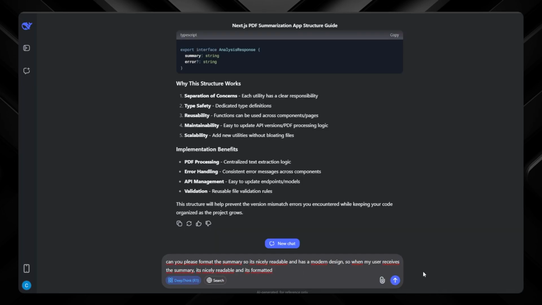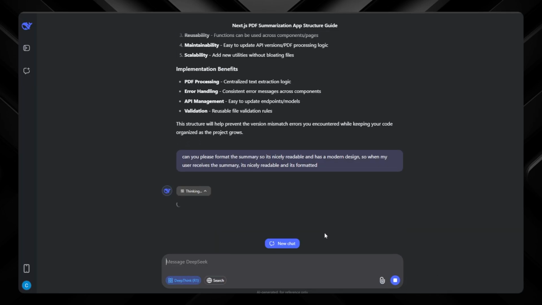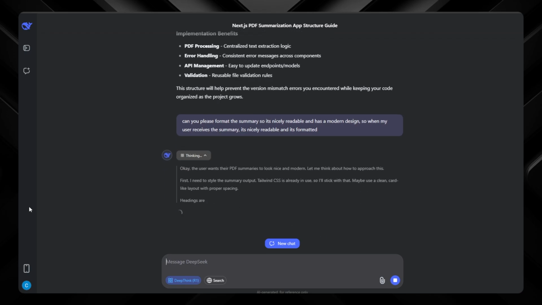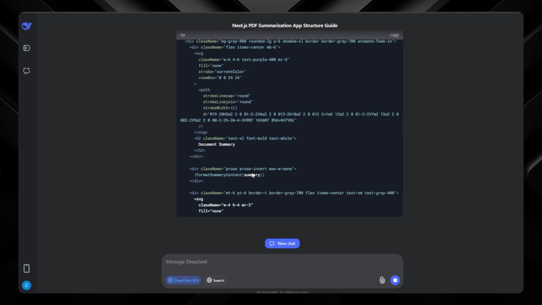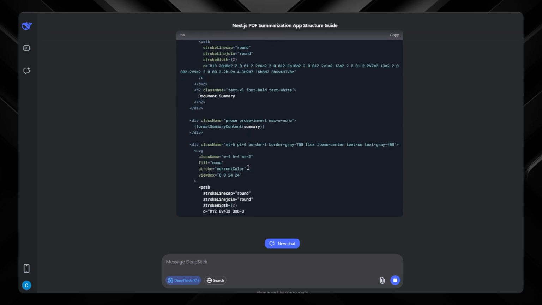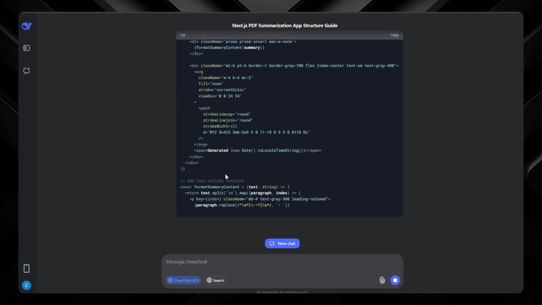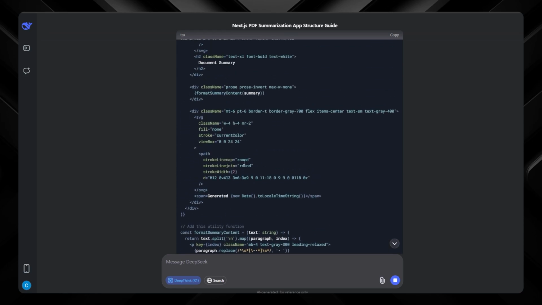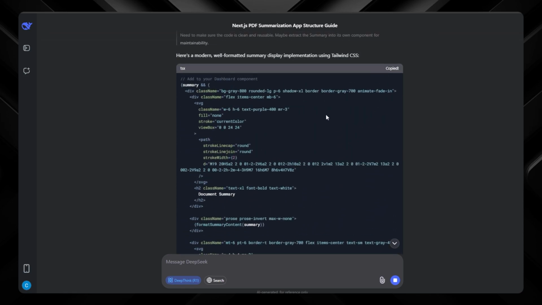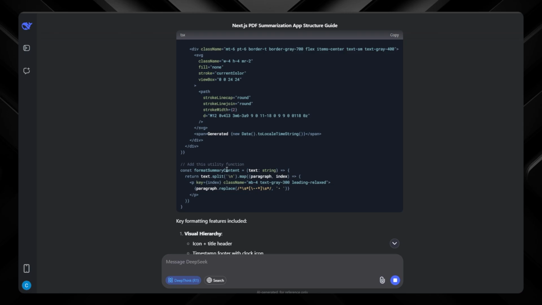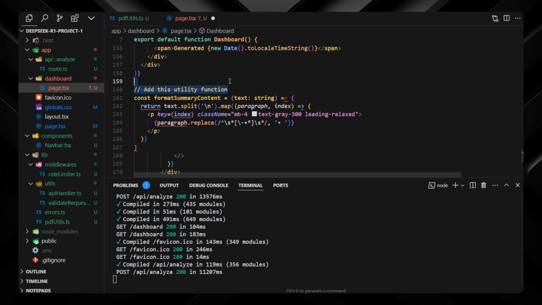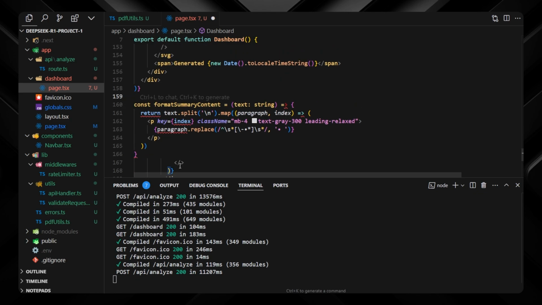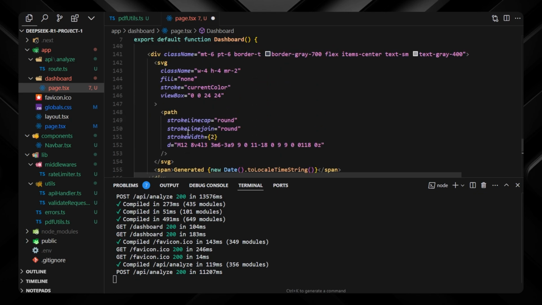I will just put there a prompt. Can you please format the summary so it's nicely readable, has a modern design, so when my user receives the summary, he can read it nicely. There I receive the code, and this is the code for the summary with also the function. Let's just copy it. We will now go to our summary in our code, which is on the dashboard page. We will put it there,